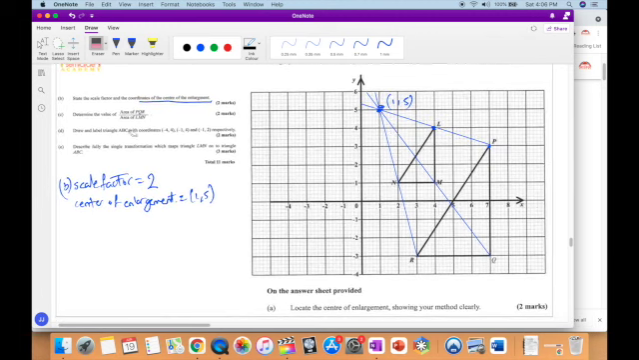Determine the value of the area of the bigger triangle divided by the area of the smaller triangle. Well, this is hardly a transformations question, but let's just do it real quick. The area of PQR